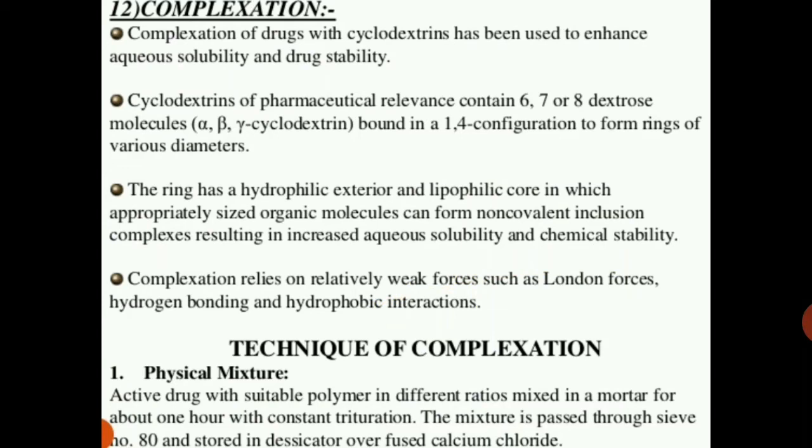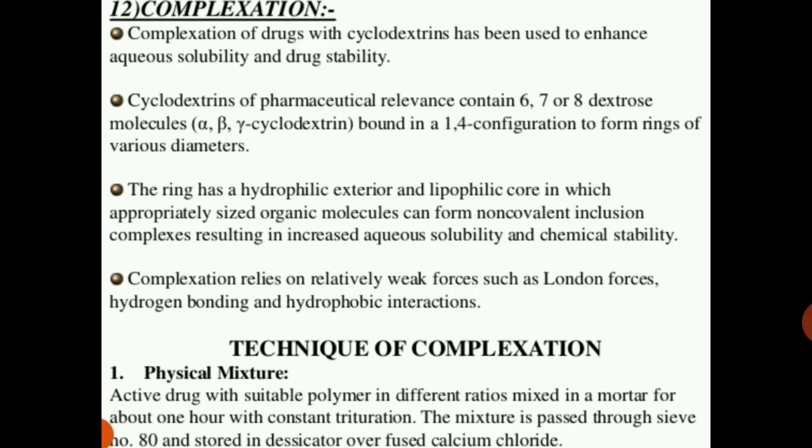Next one is complexation. The complexation is the association between two or more molecules to form a non-bonded entity with a well-defined stereochemistry. The complexation relies on relatively weak forces such as London forces, hydrogen bonding, and hydrophobic interactions. In aqueous solutions, the cyclodextrins are able to form inclusion